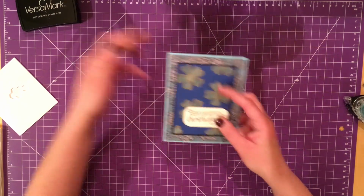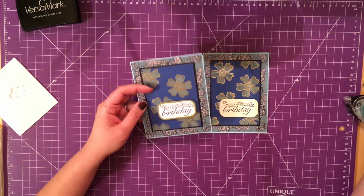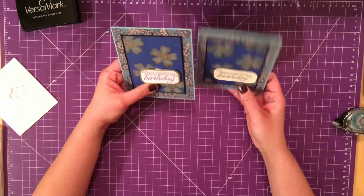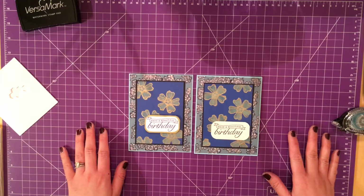With the other card I made, I just used my gold marker to add a little border on the sentiment. And then as an afterthought, I put some rhinestones on the flowers because I thought the card needed a little bling. So let me know what you think of this card technique,